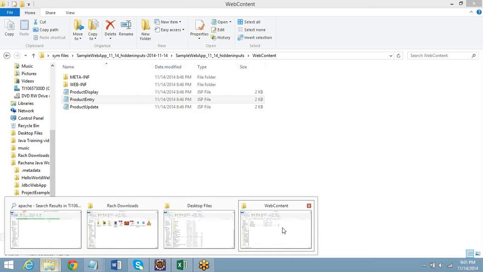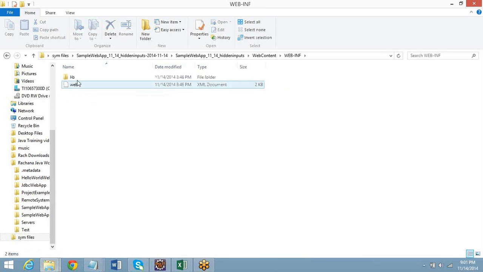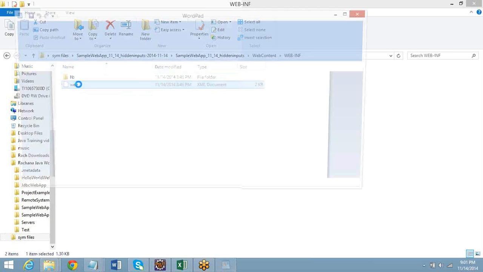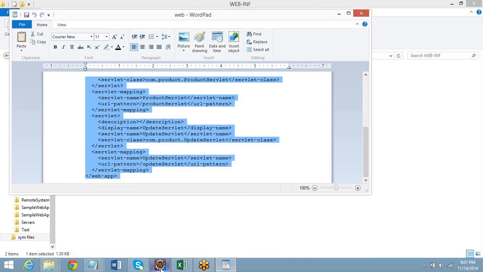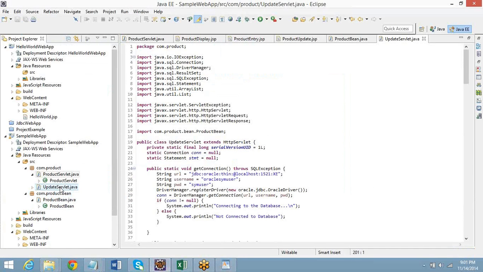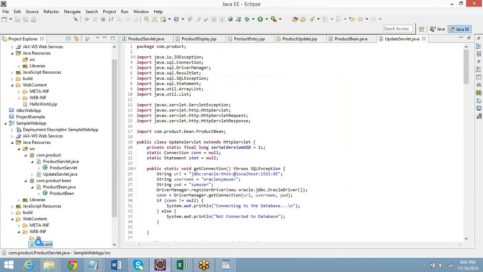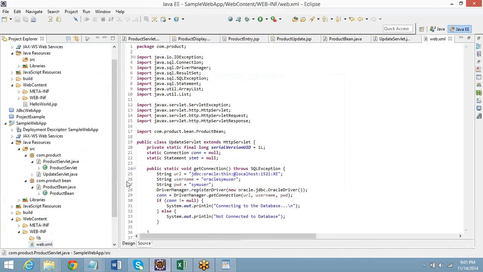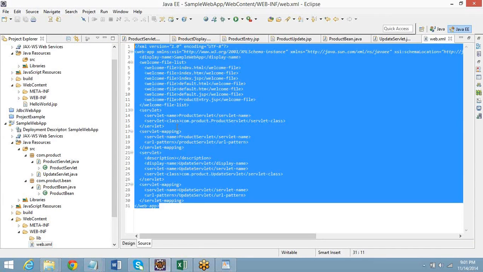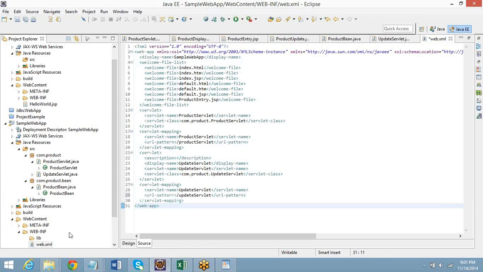Yeah, I have the web.xml. You should not open it like this. You have to open with Control Shift R. Control Shift R for web.xml, is it?